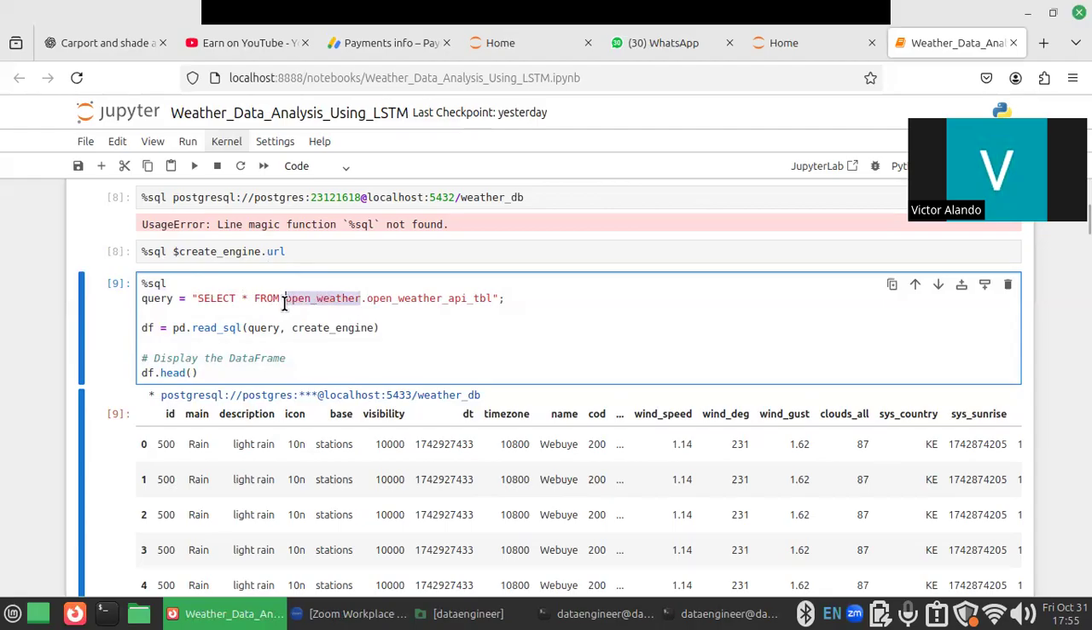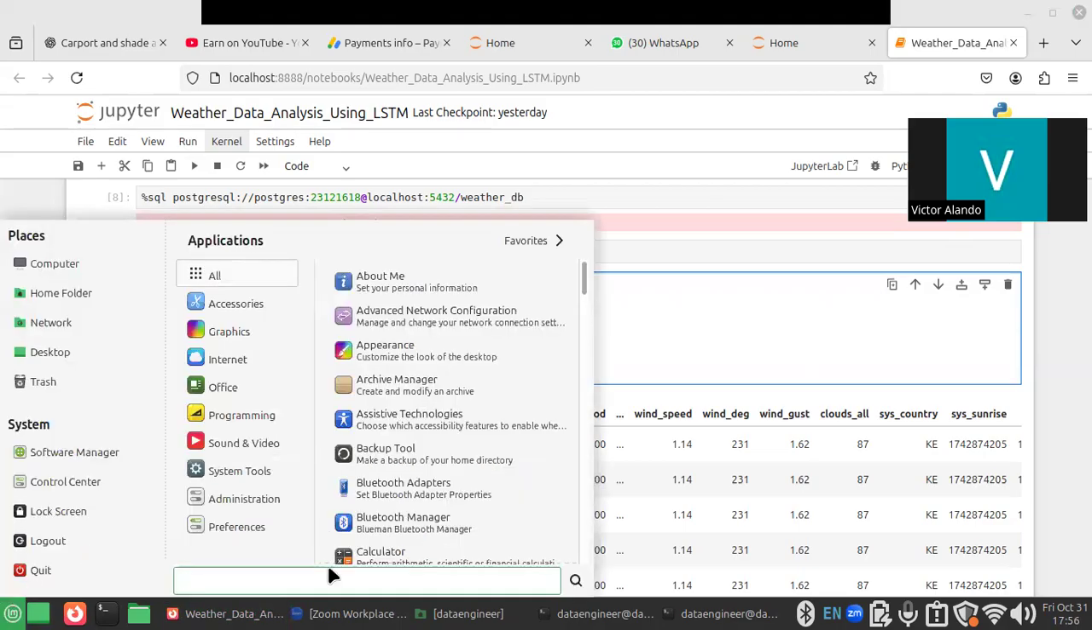Now this is our schema. Openweather is our schema. Now we can see openweather API TBL. Now this is what we'll do, guys. Let me just come to my start button. There is this